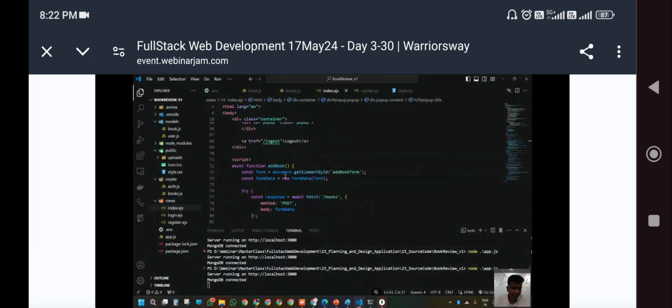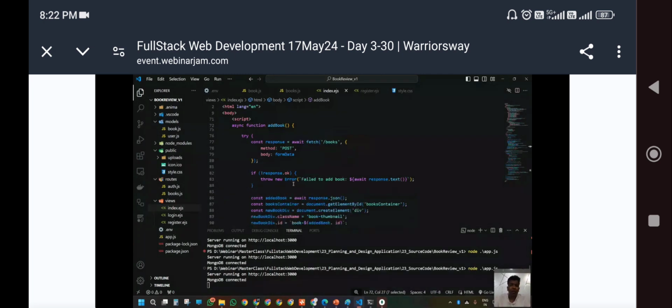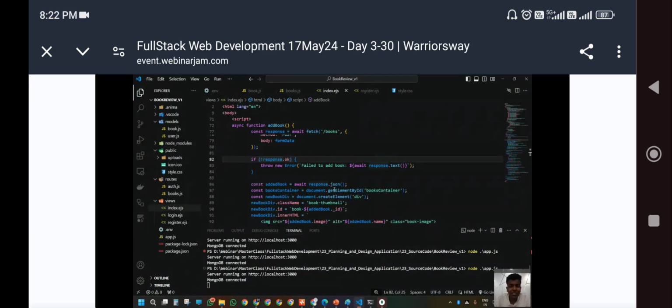The script is going to be the same as we have already discussed. With the help of an async function, when people click add book, first of all it should fetch the book's information. The method is going to be the post method. You can even test this with the help of Postman, the application which we have already used. So if the response is okay, if the connection is good, for example, then it is going to take